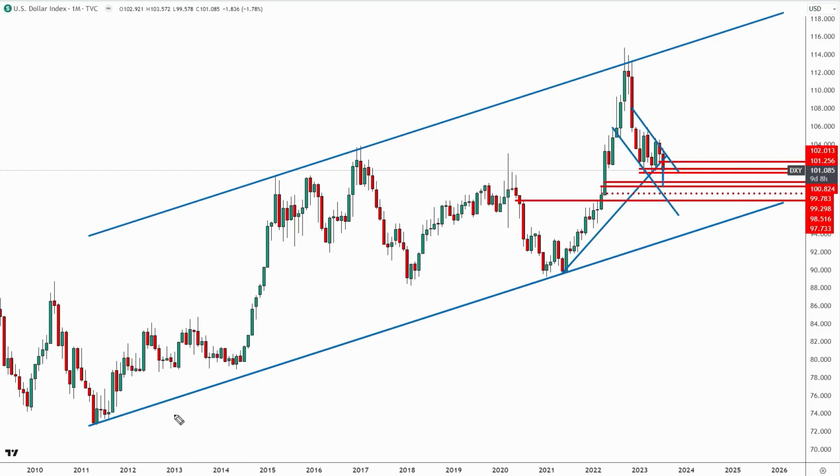This is the monthly time frame, and this is an ascending channel that I've talked about recently. You can see that off of these 2011 lows, we do have these two swing lows here for the DXY. We've also got these three highs. And since this time back here, the DXY has been carving lower highs and lower lows. So that's the first thing to consider, that we do have the market coming off of this long-term resistance level